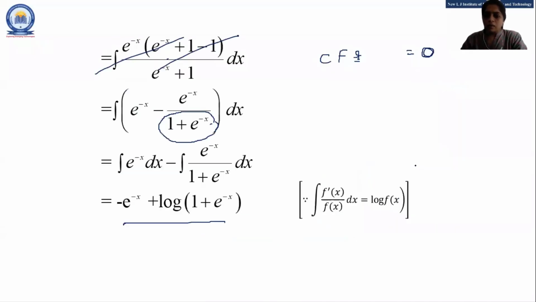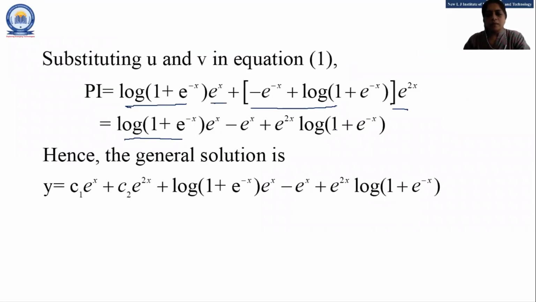These all 5 methods are known as the shortcut methods, and our today's method is known as the variation of parameter method. This method is applicable, students, when they ask you to solve with the variation of parameter method, or where the right hand side of the given differential equation is tan, cot, logarithm, or an exponential term in fraction form like this, right? When your right hand side is like this, at that time the variation of parameter method is very easy to apply.